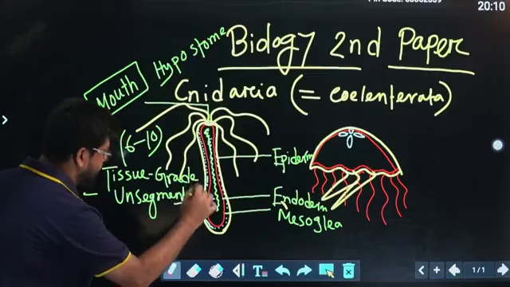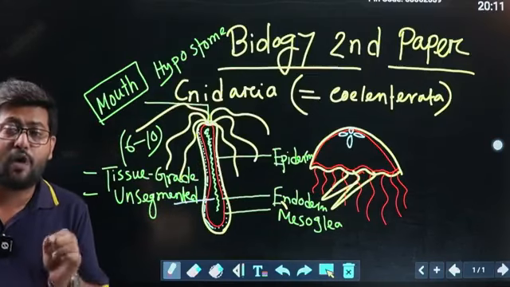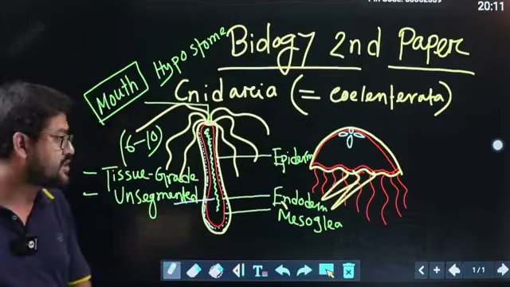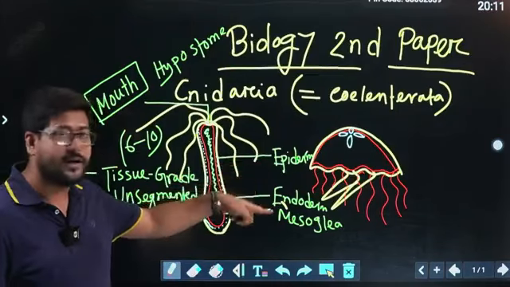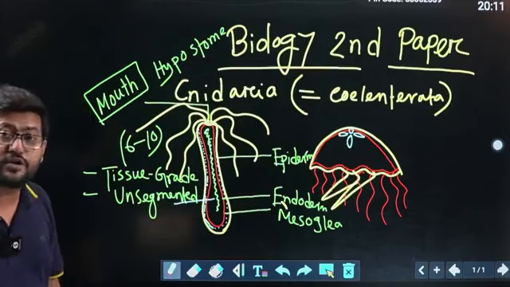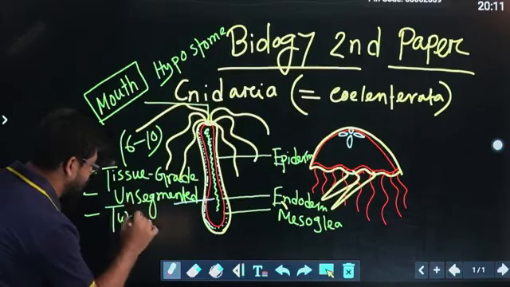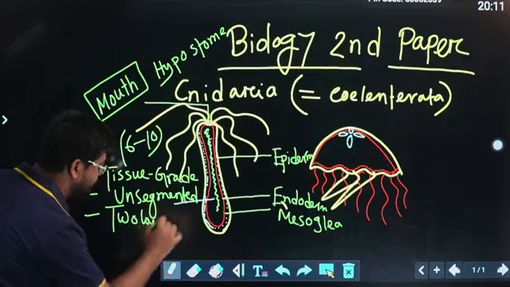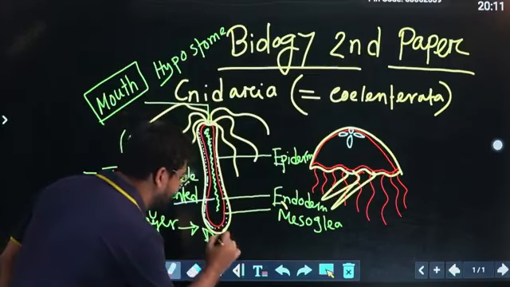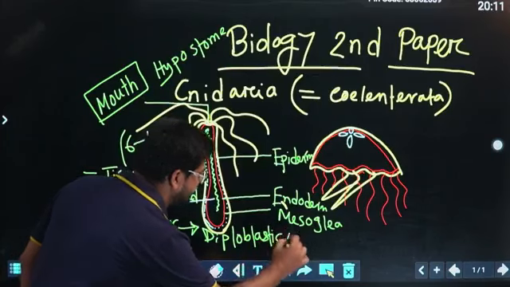Unsegmented. Okay. Now when you are describing some animals, obviously you have to know how many layers are present during their embryonic stage. Whether embryonic or adult stage, both contain two layers. I have said earlier, it is epiderm and endoderm. Epiderm is also called ectoderm, and this inner layer is called endoderm. So two layers are present. That is why you can say it by a terminology. It is called a diploblastic animal. Diploblastic animal. Okay.